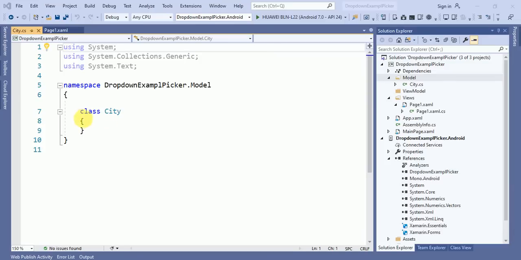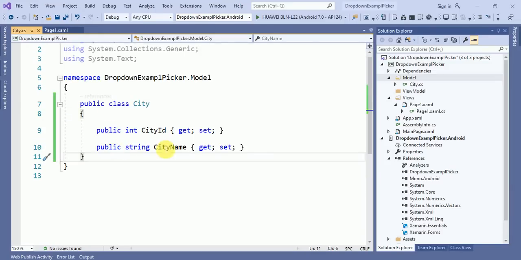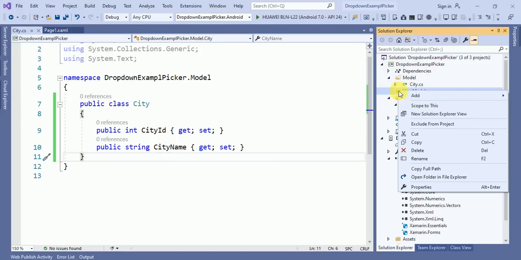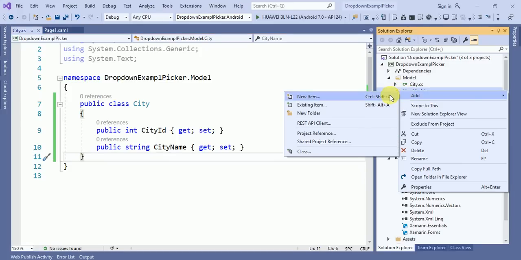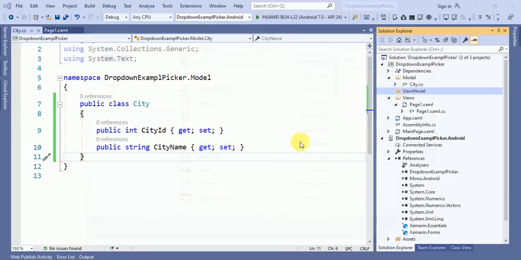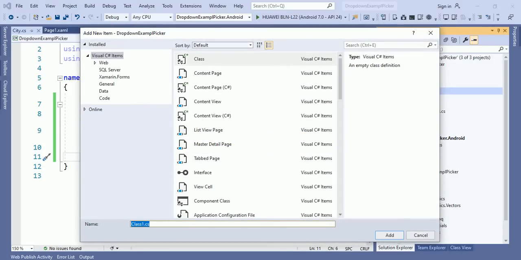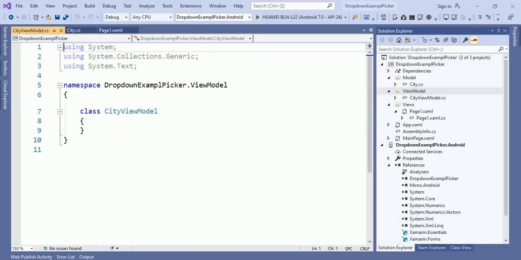First is CityId, and the second will be CityName. Okay, let's add a ViewModel over here.